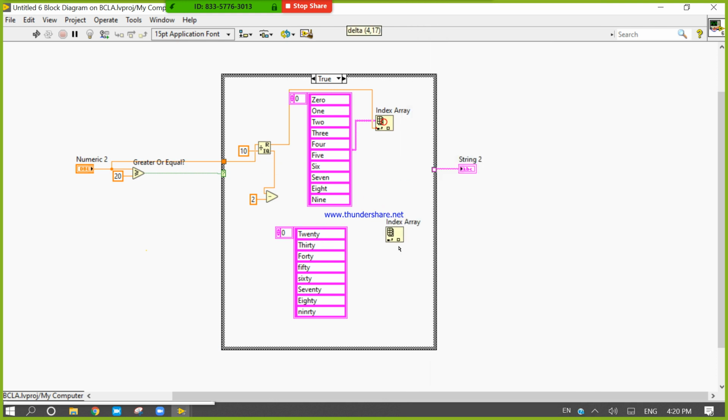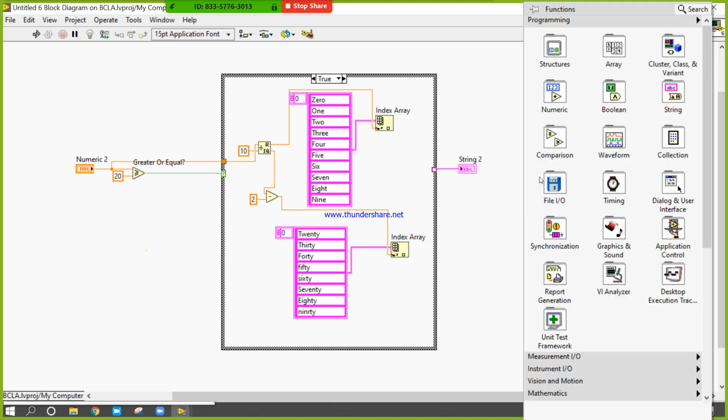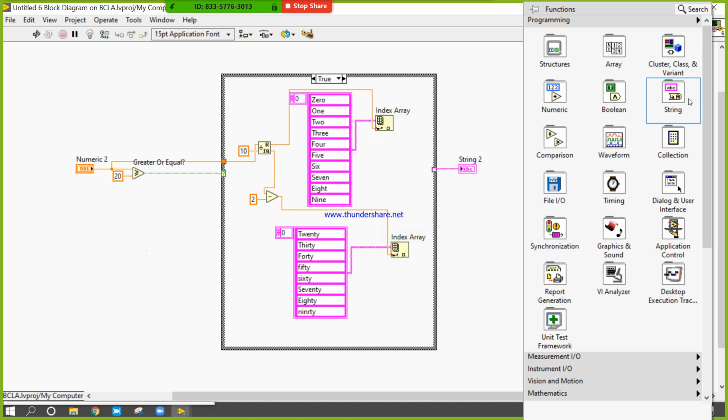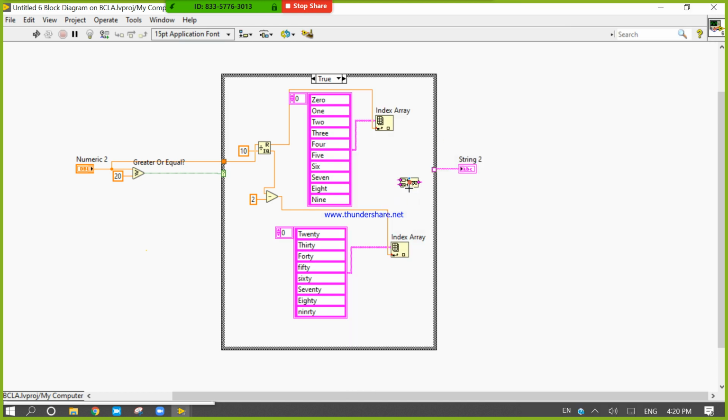So again take an index bar, look at here carefully. Now take one concatenate, string concatenate. Where is the string concatenate? Here is the string concatenate. I am taking one from here, I am taking another from here. Wait, this is wrong. Okay, control Z, again it's hanged.